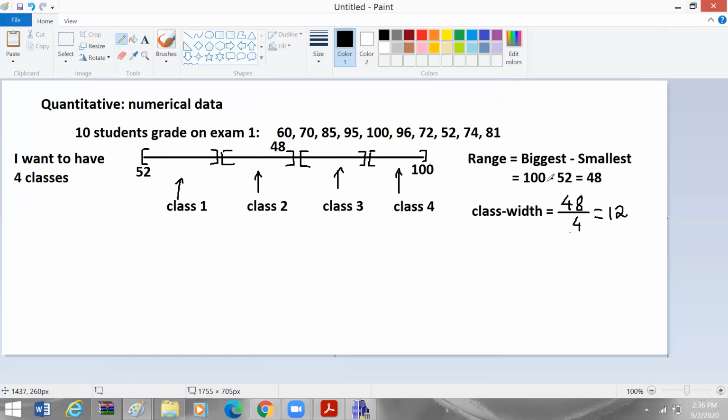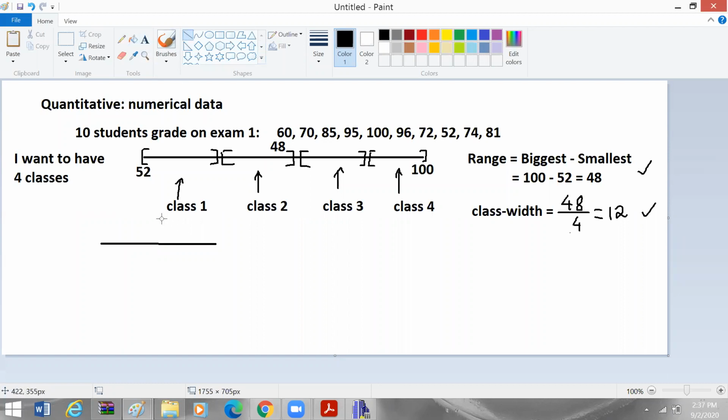Okay, so now again, the chart has to be done on the table. So remember, the table is super important. There are some situations where people only look at the table, which is called a frequency table, and then we can know what kind of data set we're looking at, what kind of information people get. That's important. So the table will be really, really important. On the exam, you are only required to give me this and that. You don't have to draw me a picture like this. I just want to show you that I want to have 4 different classes.